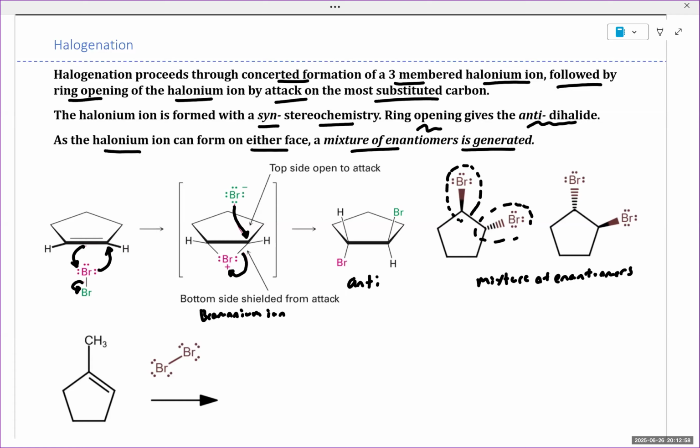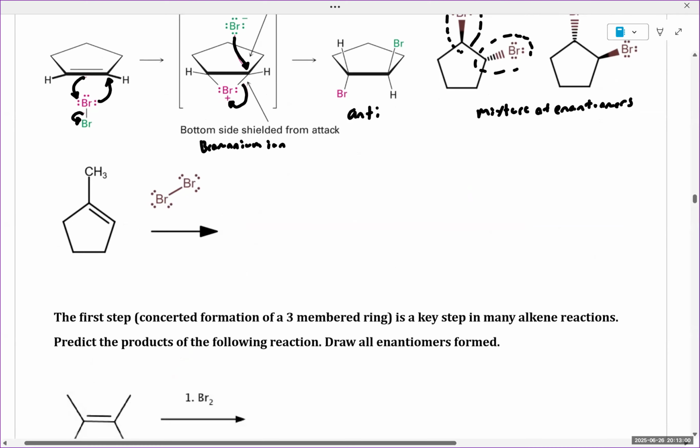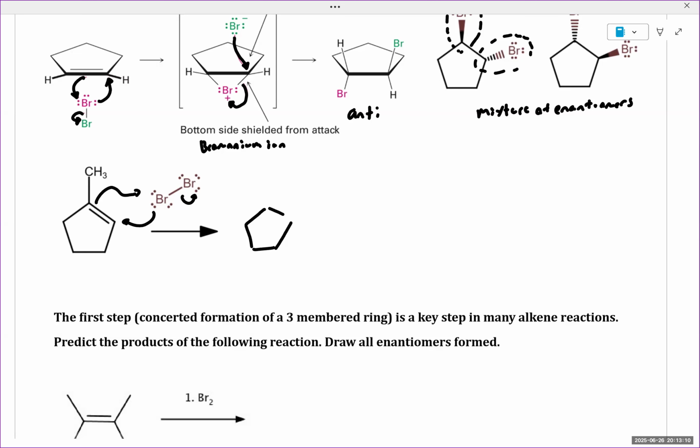So as some additional practice, let's practice this mechanism on the following substrate. First, we cyclize and form our bromonium ion. I'm going to arbitrarily form the bromonium ion on the top face. You can just as easily form it on the bottom face. From here,